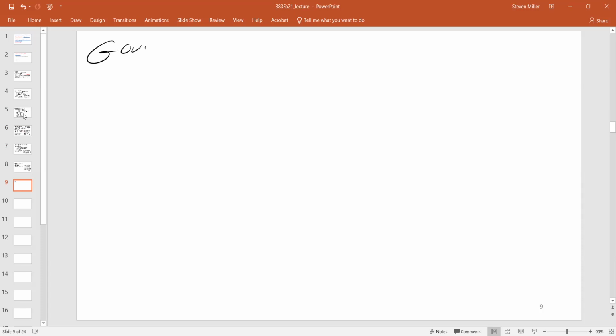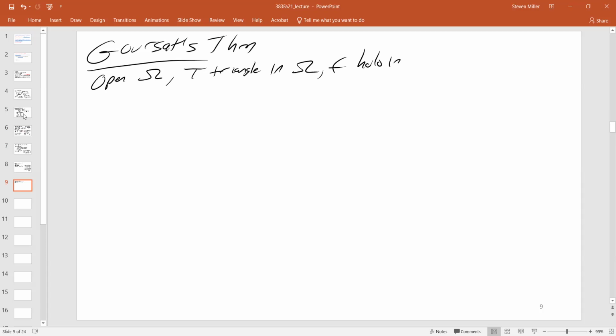So we will do Goursat's theorem. This is the first of our really big theorems. We've done integration along curves, and we're going to use triangles for Goursat's theorem. I want to have a statement as in the books. We have an open set omega, T is a triangle in omega, and f is holomorphic in omega. Then the integral over the triangle of f of z dz equals 0. So this is our first big theorem. As long as I give you a holomorphic function and I integrate over a triangle, it's going to be 0. I'm going to sketch the proof.